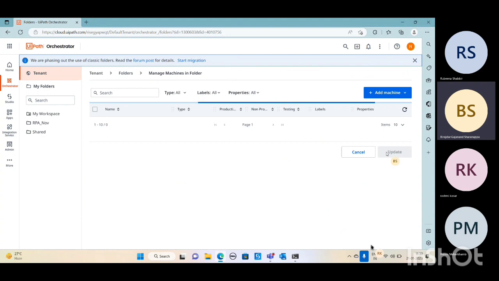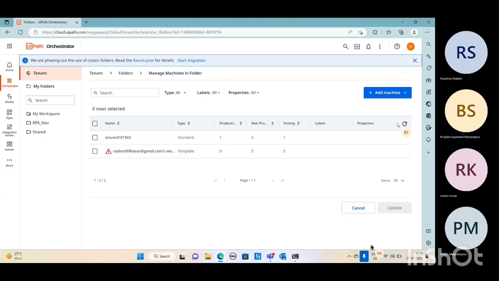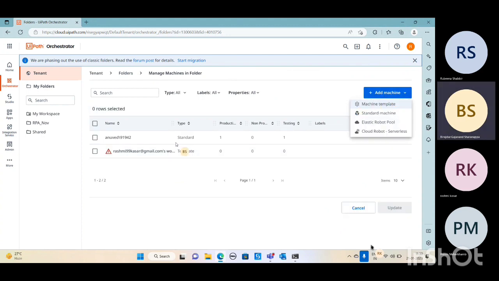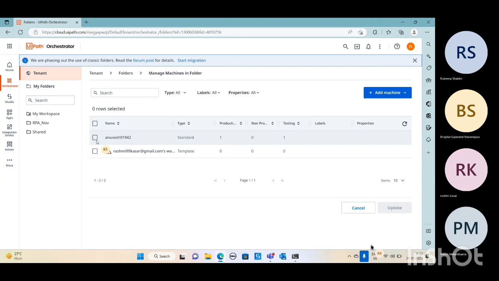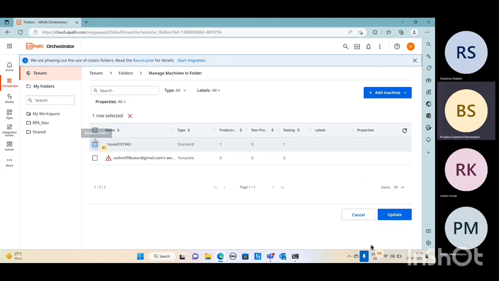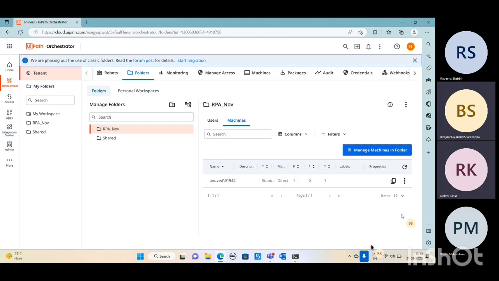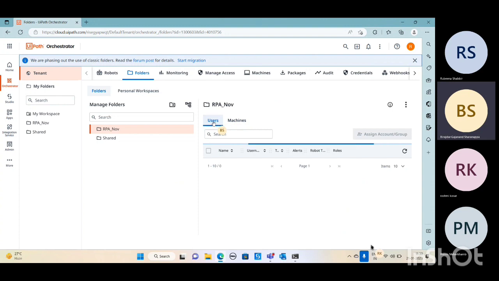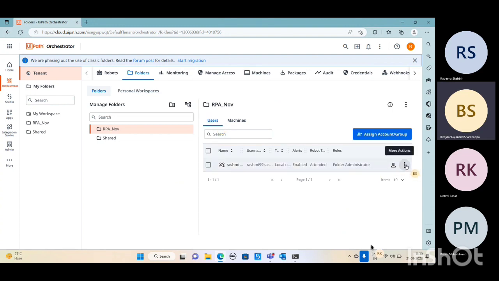Click on manage machine. Add, sorry, already machine is there. Just check out that machine name. Update. My speed of talking is faster than the actions that we are doing. So you have to just update the machines. That is first step. Then click on user, and in user you have to add